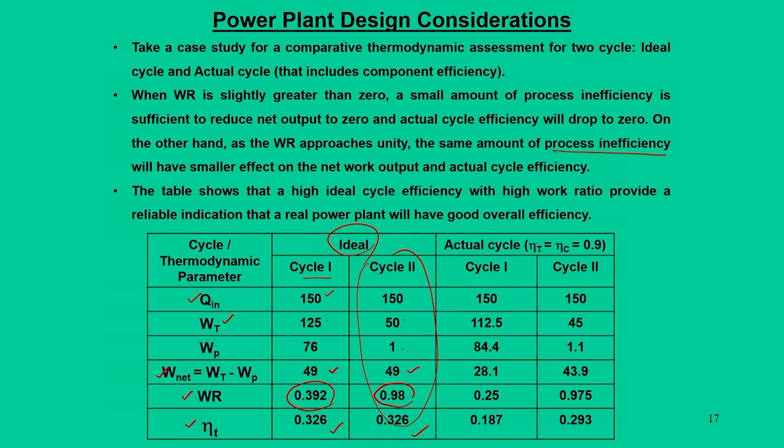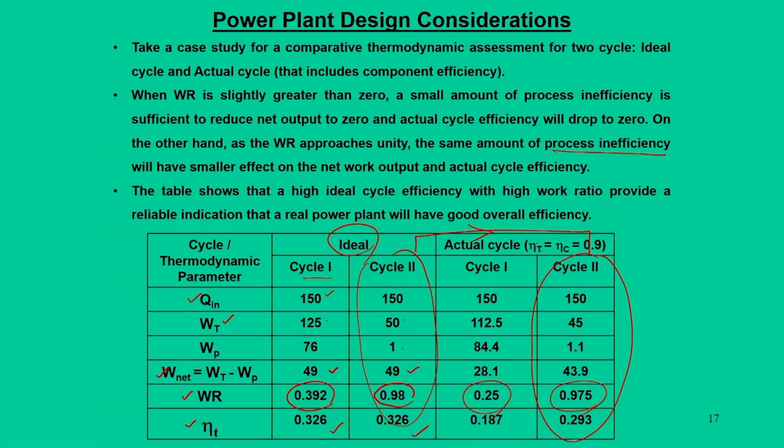Here also, if you decompose this ideal cycle to the actual cycle, the same logic applies. In one case we will have a work ratio of 0.975, and in the other case a work ratio of 0.25. So obviously cycle 2 is also a better approach. Now, comparing cycle 2 for ideal and actual, what we found out